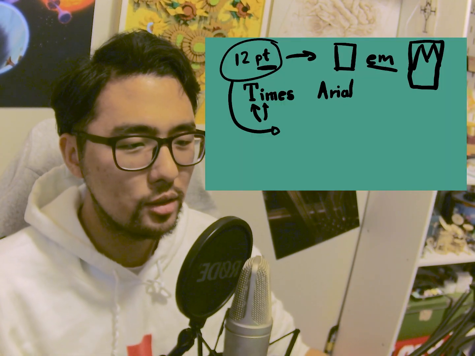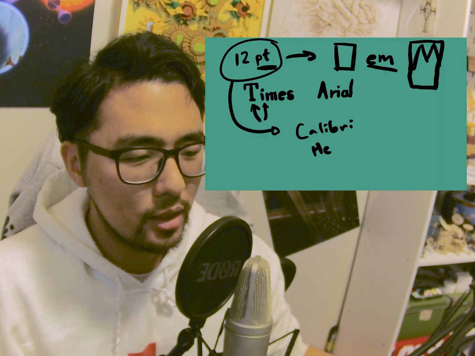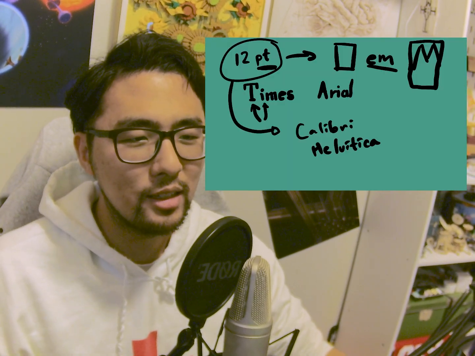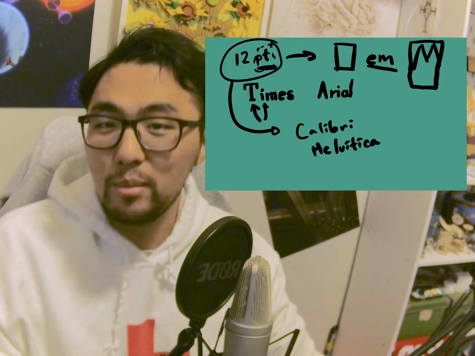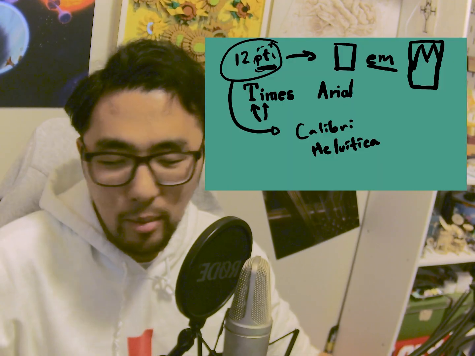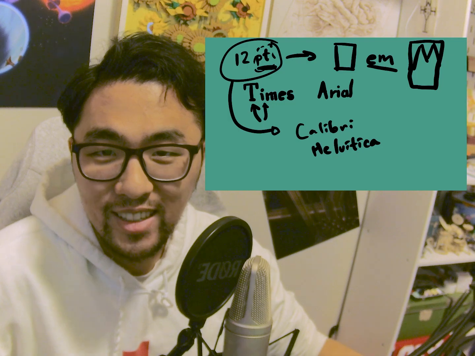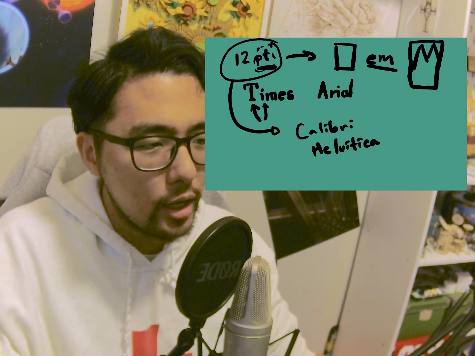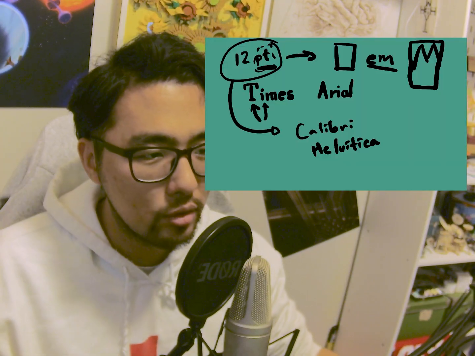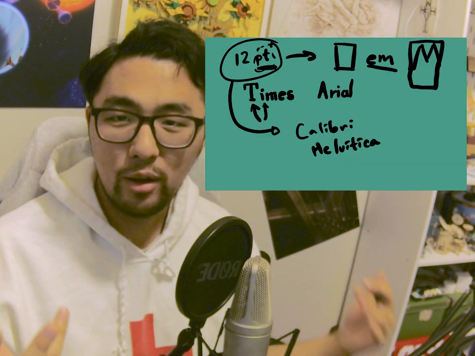And yet we use Times, Arial, Calibri, Helvetica. These are fonts that people use all the time, but we never think about these point systems and what that actually means, because, well, things are very complicated, and this is a rabbit hole that most people just don't bother to look into because it doesn't matter. But of course it matters. If you are creating a program that works with design, you would want to know the exact dimensions of different fonts, because your whole design might just hinge on knowing what those dimensions are.